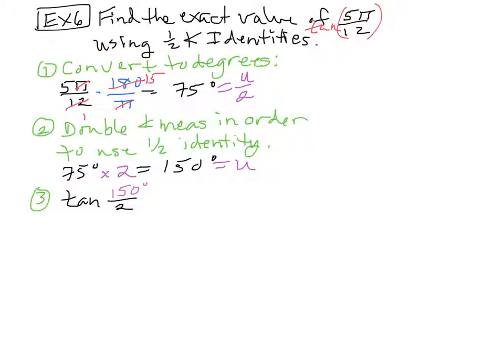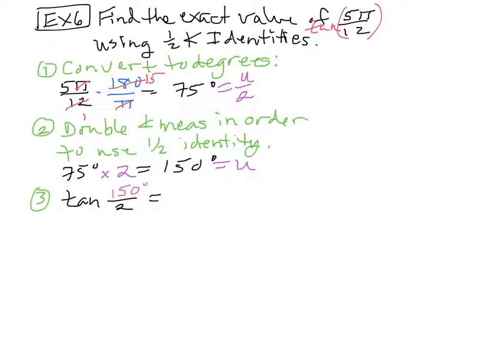So if that's tangent of u over 2, I can set that equal to either one of my two tangent formulas. It really doesn't matter which one you use, the 1 minus cosine of u over sine of u, or the sine of u over 1 plus cosine of u. You can choose whichever one you want to, and your answer should end up exactly the same as my answer. So I'm going to go ahead and use the sine over 1 plus cosine just because I like all positives,